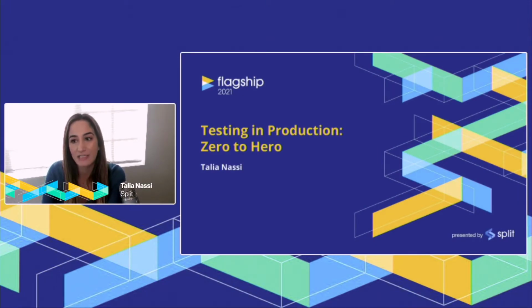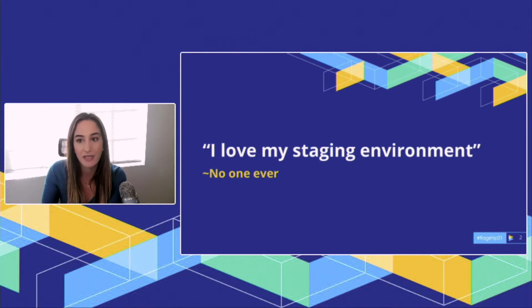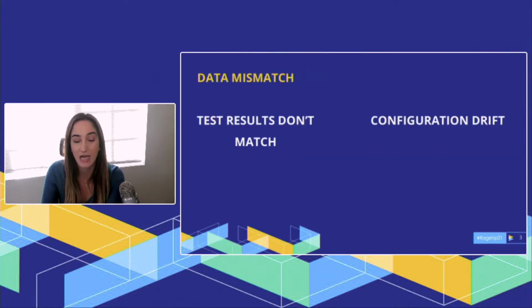And before I did dev advocacy, I was a test engineer and I worked in QA and automation. And being a test engineer was really hard for me because a lot of the problems that I had revolved around using a staging environment or a test environment. And using staging would lead to so many issues. And these are some of the problems that I dealt with.